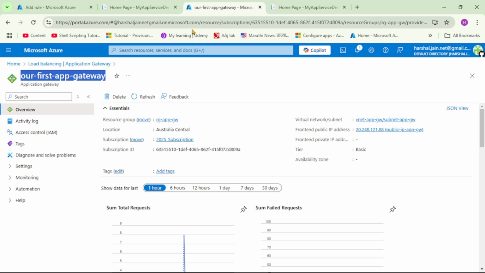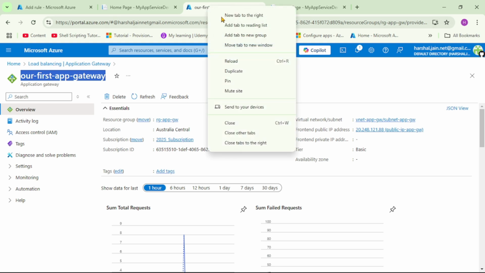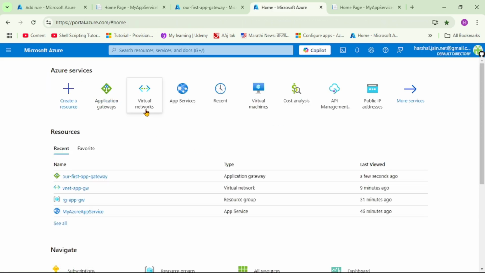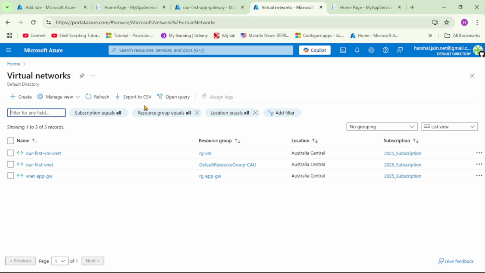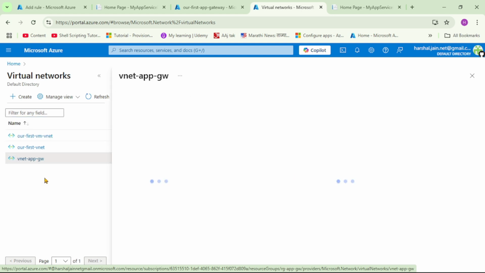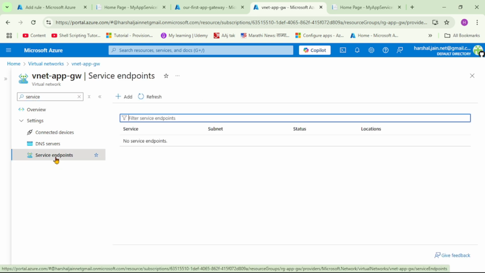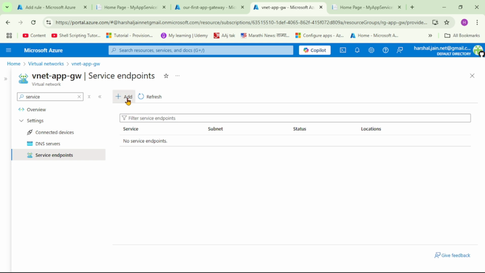So for that, again we are in our application gateway. So here let me just duplicate this tab. Let's say home. Let's open virtual networks. So basically we will open the subnet for our application gateway. And again, let's open this virtual network, that is virtual network for application gateway. So guys, we are in the virtual network of our application gateway, and here under search, let's enter service endpoint. See, we can see these service endpoints. And here now let's say add, that is we are now adding a service endpoint for a subnet where we have application gateway. So let's say add,